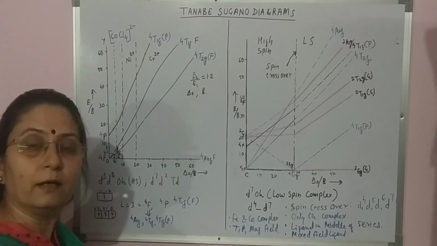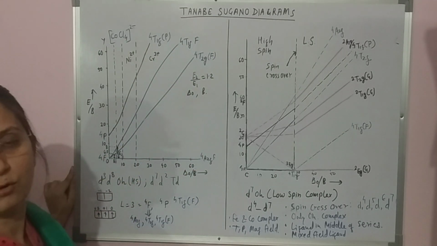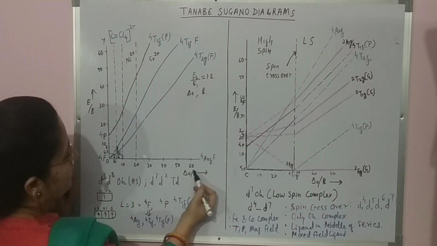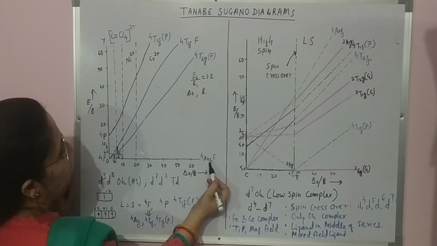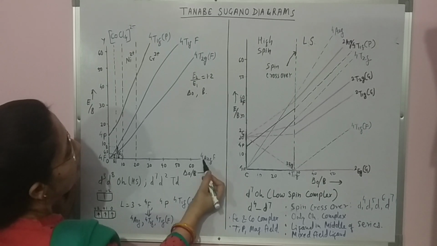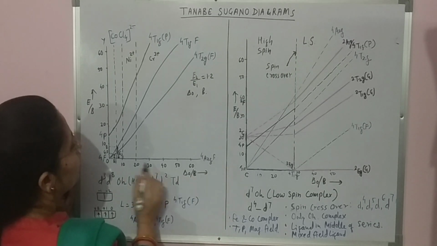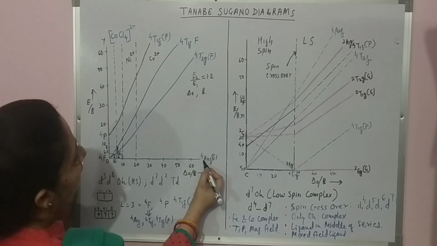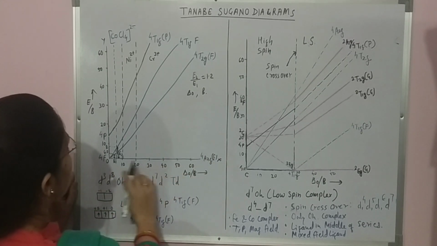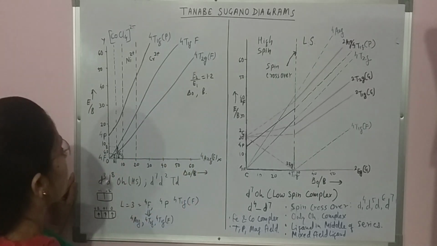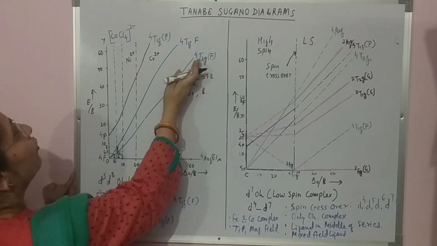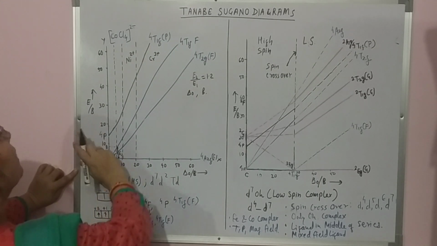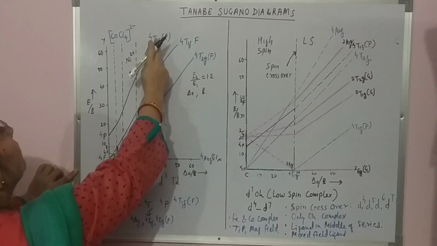And from the earlier video, this is also clear to your mind. In the TS diagram, we write on the x-axis the lowest excited energy term. So the lowest excited energy term here is 4A2g of the ground state F. So 4A2g we will write on the x-axis. This will form the x-axis. And the rest two terms are 4T2g and 4T1g. And for P, the excited energy term is just one, that is 4T1g.